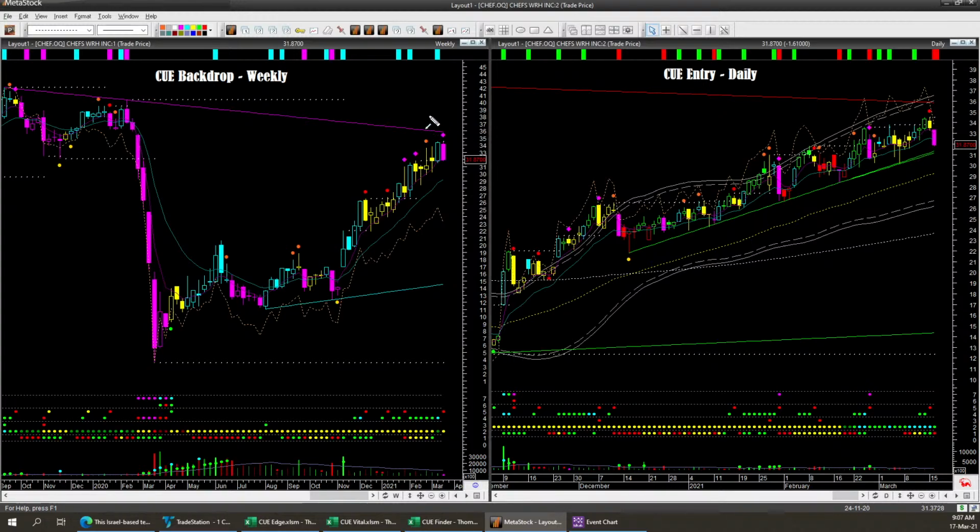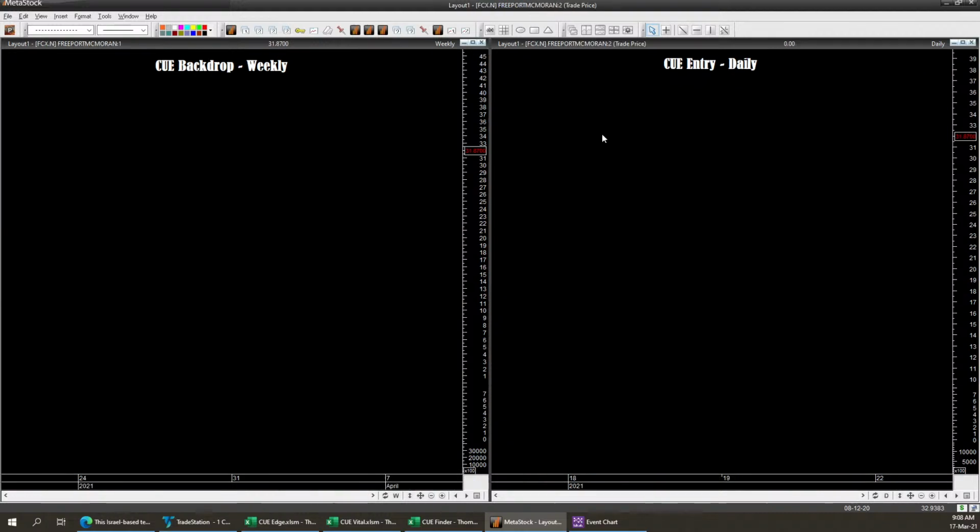CHEF. Bearish headwind is a reason for caution. Backdrop color is bearish. Shape is bearish. Daily has a trend line support. If this support is broken, that will be a bigger concern. Right now, there is a support, so I will not think of shorting it right now, but I will protect profit in existing positions in CHEF. Next,